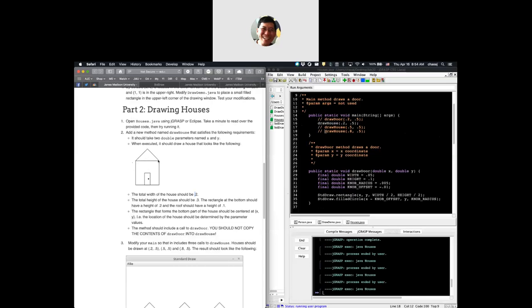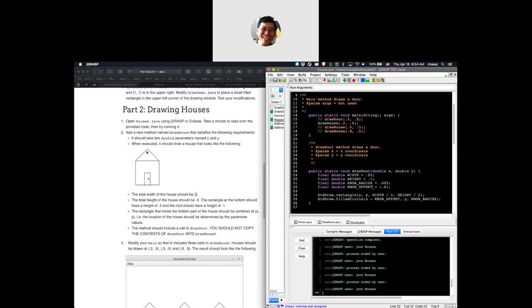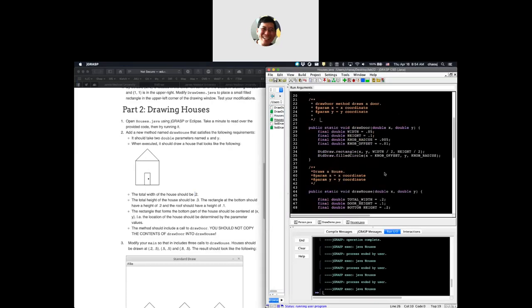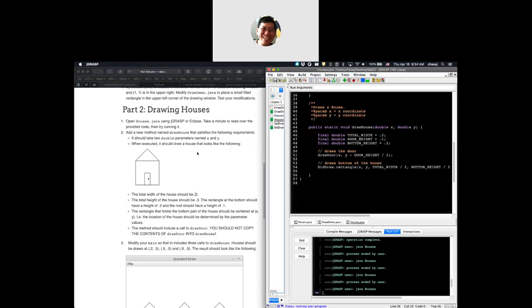This is going to involve a little bit of geometry and math to figure those pieces out. Hopefully it's not too difficult. It's just going to be drawing this roof portion, so you just want to do that last two pieces of drawing the roof. If you're getting stuck on that, let me know, and I can give you some more hints on Piazza